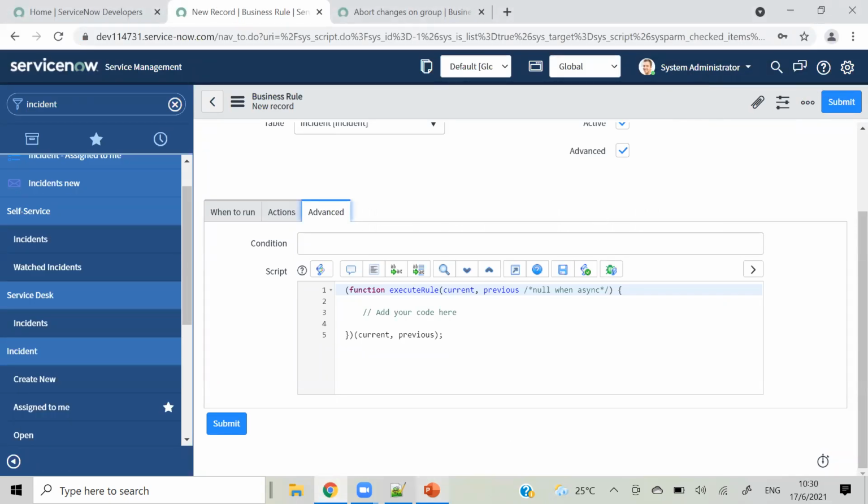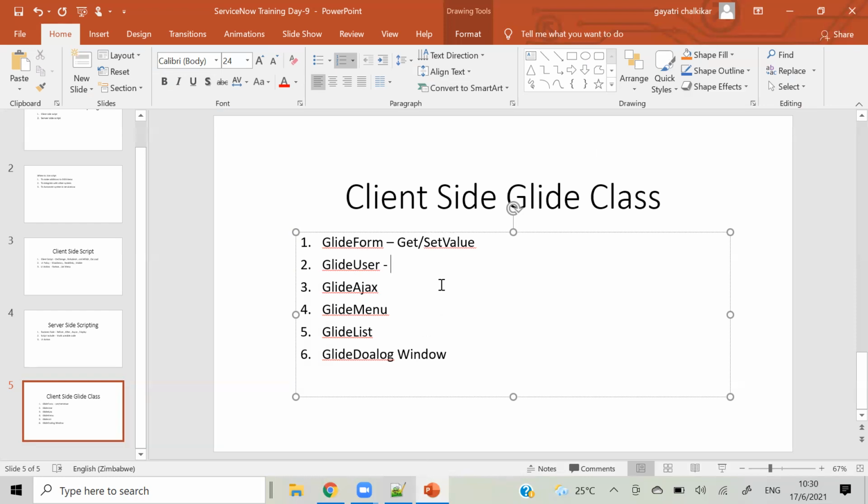If you want to get the data of the login user, you can use Glide User and fetch his first name, his last name, his sys id, that user's full name.